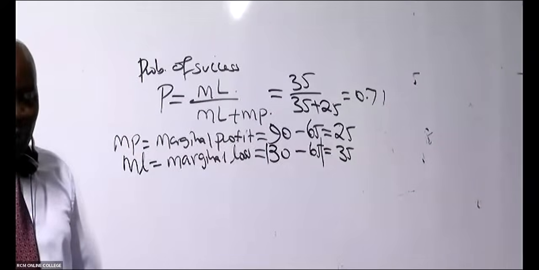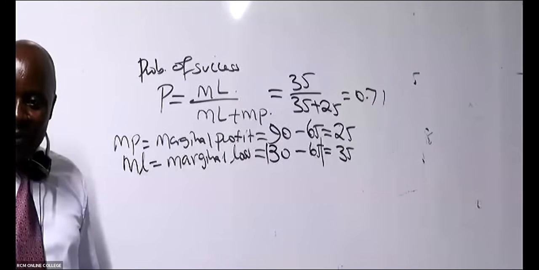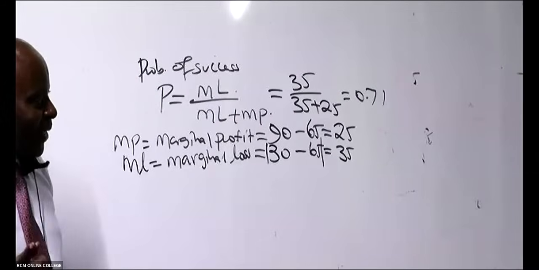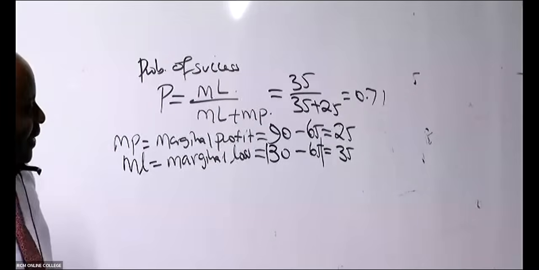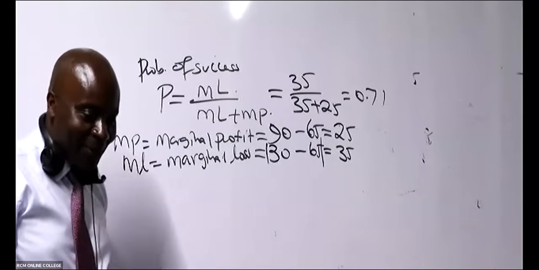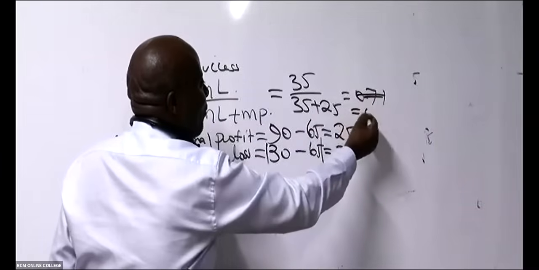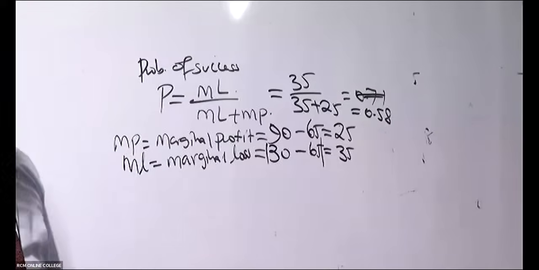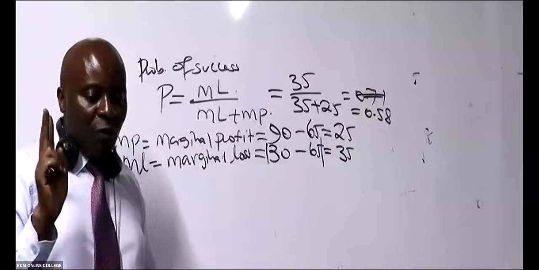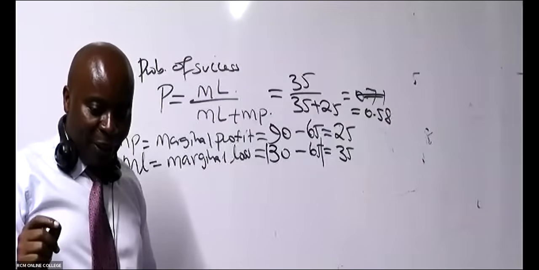Is there somebody who is able to get that 0.71 that ninja got? Where did that 0.71 come from? Did you use 90? What mistake did you make? I haven't found it. The correct answer should be 0.58. But now at least, if you made a mistake, let's work with 2 decimal places. If you made a mistake, then you are able to learn, isn't it? That is the most important thing.